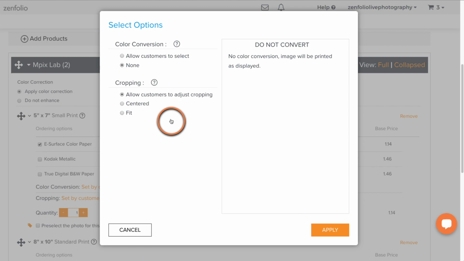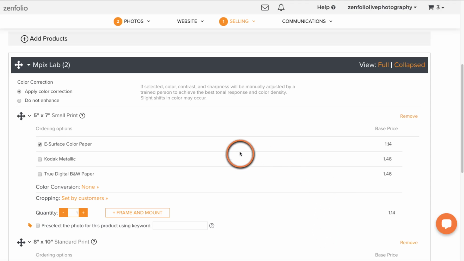Just a personal thing that I do, and there's a video on our YouTube channel, and I'll link it in the description below. I like to try to build my price list based on my camera's aspect ratio. So all of my images come out of my camera in 3:2. If I crop them in post, I maintain that original aspect ratio, and then all of the print sizes that I offer for sale match that aspect ratio so that everything fits and nothing is ever cropped off. But if you want to let your clients crop, it's perfectly fine. So we're going to go ahead and apply that.